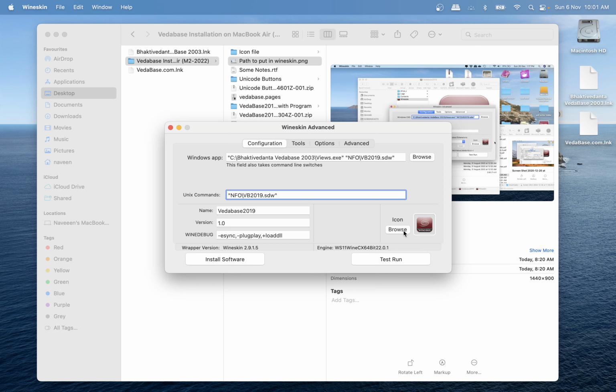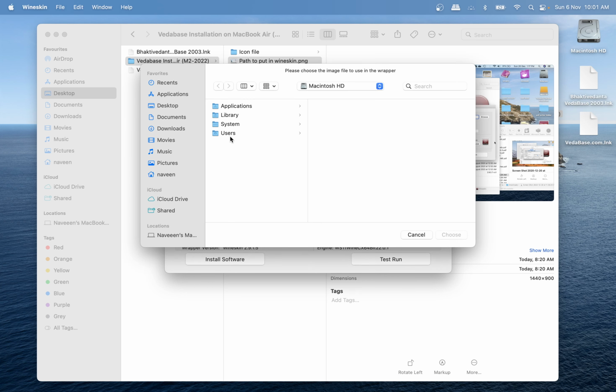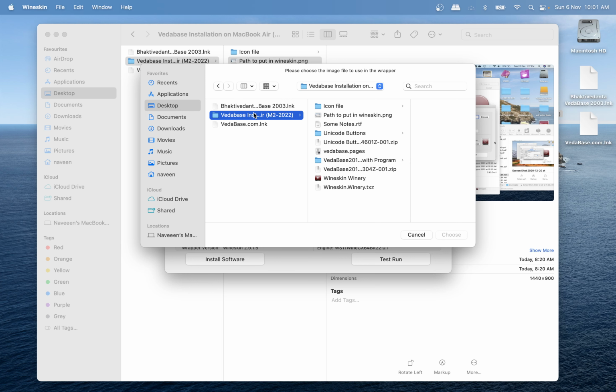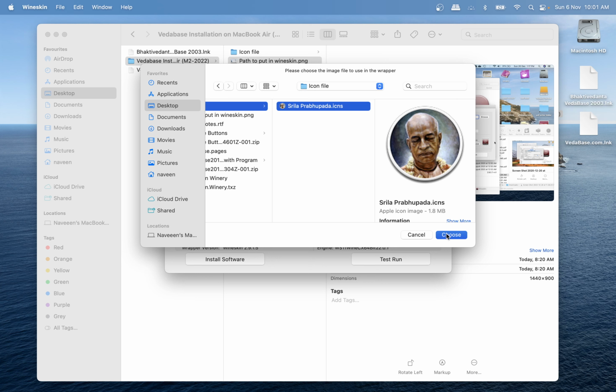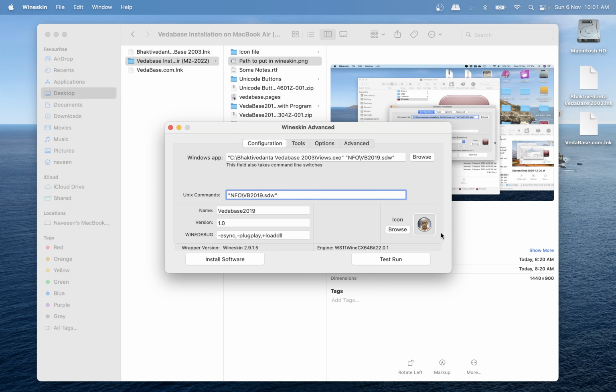And I'll also try to put an icon over here: browse, desktop, the folder where I had the icon file, Prabhupada, choose it. And that's it, and I test run it